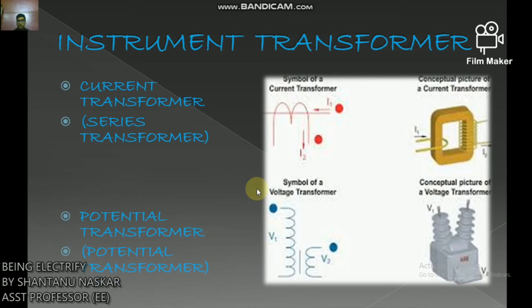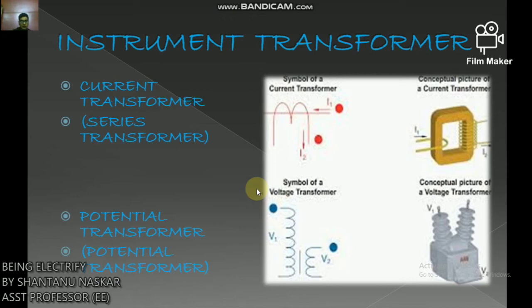A transformer is used to transform the current or voltage down, where the turns ratio is known, and after that the step down magnitude is determined using a usual range of the device. So the original magnitude is decided by simply multiplying the outcome with the conversion ratio. Such a transformer with a known turns ratio is called an instrument transformer. The definition: a transformer that is used to measure electrical quantities like current, voltage, power, frequency, and power factor is known as an instrument transformer.